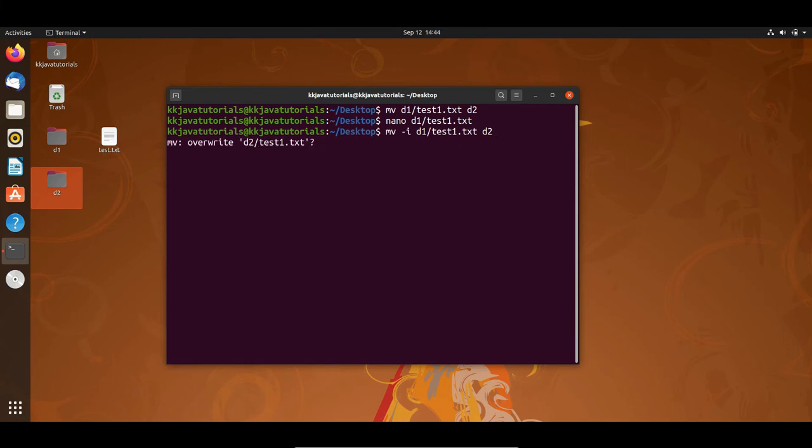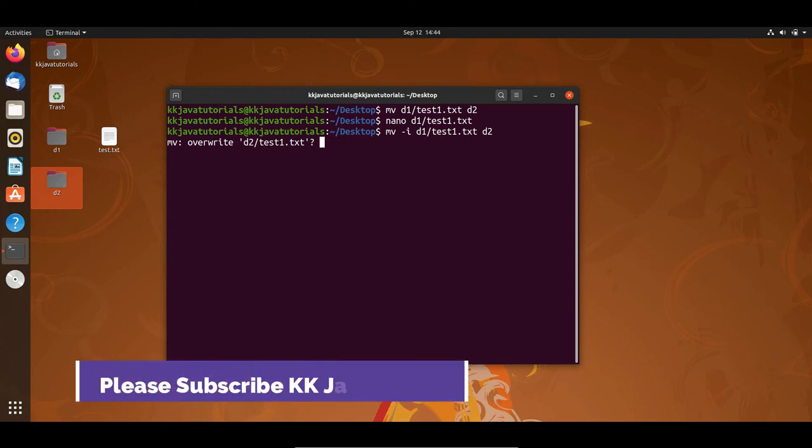If I press enter, you can see this prompt with a message, override d2/test1.txt. It is telling me you are trying to move test1.txt from the D1 directory to the D2 directory, but the D2 directory already has this file. Would you like to override?